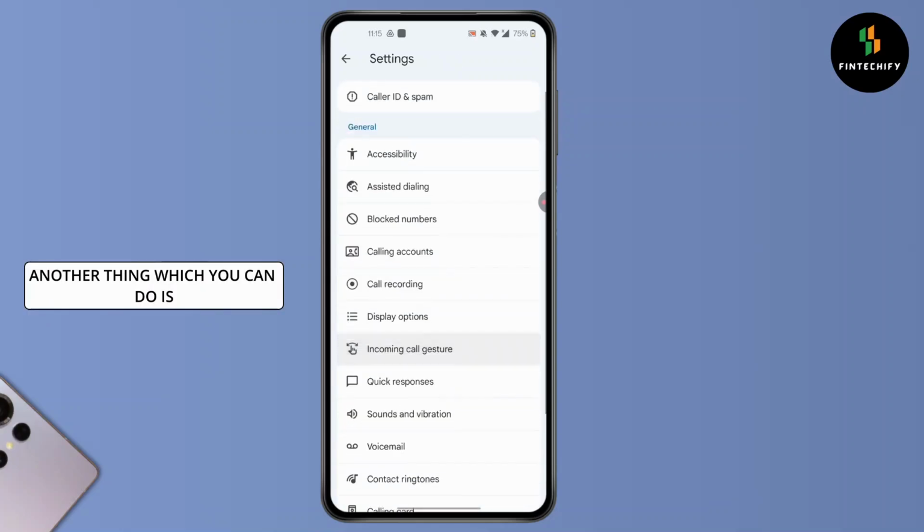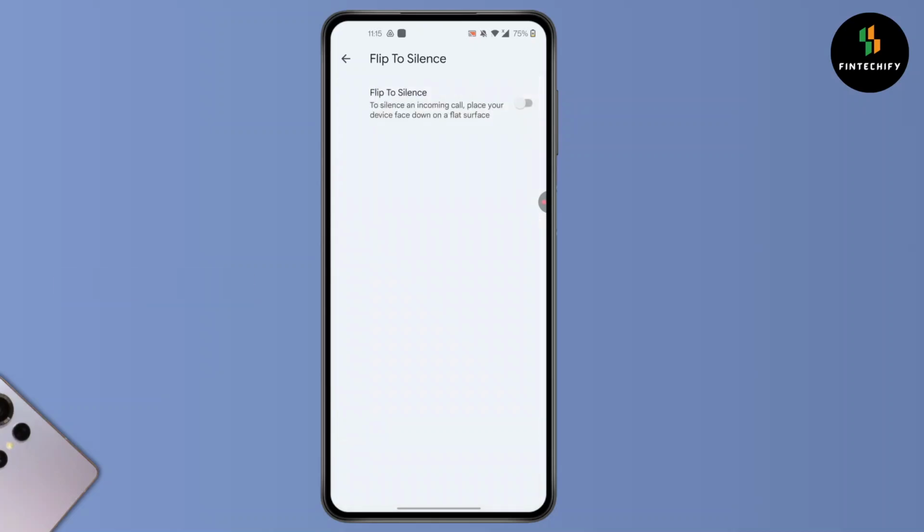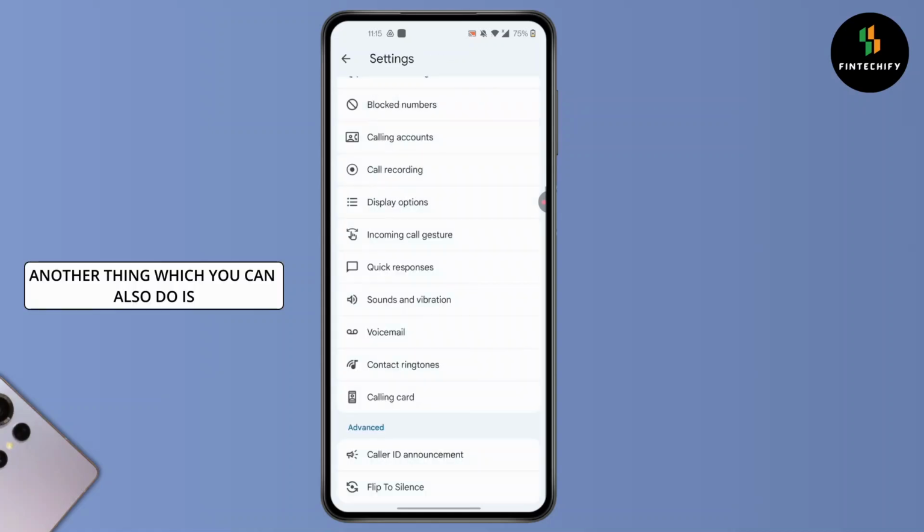Another thing which you can do is scroll down, click on flip to silence. Turn this on. After you turn this on, if you see an incoming call, you can flip and it will silence as well. Another thing which you can also do is